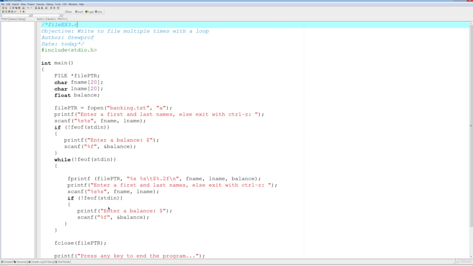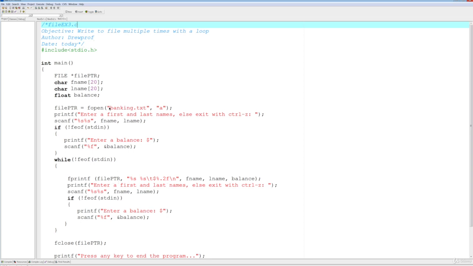Go ahead and exit. However, if you didn't hit Control Z, you definitely enter the first name and last name. You will definitely be asked to enter a balance, which means you intend to store that. And you will definitely get into the while loop since the condition will be true. And what's going to happen is you're going to get in here and say, okay, take first name, take last name, take the balance, and store them in this format right here. So first name with a space, last name, and then \t, which gives you a tab, and then put the balance at 2 decimal points